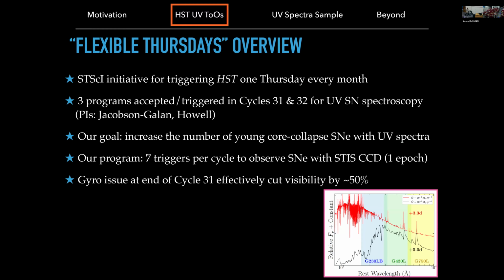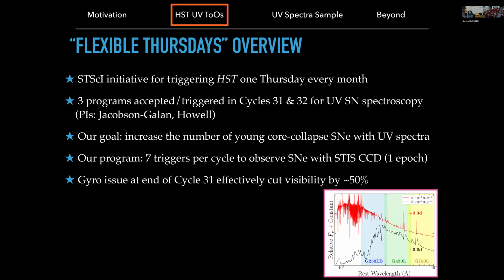Flexible Thursdays was introduced a couple cycles back, and it provided the time domain community and really just anyone in the astronomical community an opportunity to trigger HST and a limited number of instruments on HST one Thursday per month and observe something on a Thursday every month. TBD, like whether that's the first Thursday or the third Thursday, but just one time a year, so 12 opportunities,